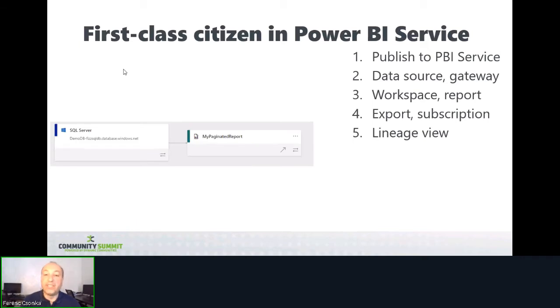The other thing in the Power BI service is that it is integrated into the lineage view, which means that you could check not just your Power BI reports, how they correlate to the datasets, dataflows, etc., but also how they correlate to your data sources. For example, there is an on-premises SQL Server, so my paginated report uses a SQL Server, and I could